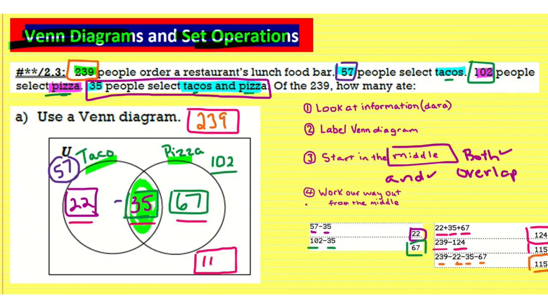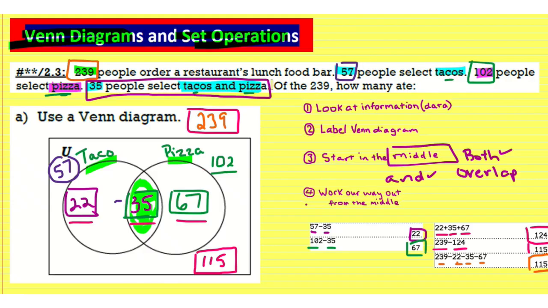So 115 people that were at the restaurant and ate at the lunch food bar did not choose taco or pizza. They must have chosen something else or they were fasting. It's kind of trendy these days. Alrighty then. So now that we've got all those numbers filled in, we are going to be using those numbers